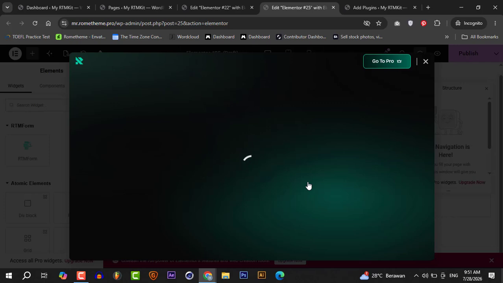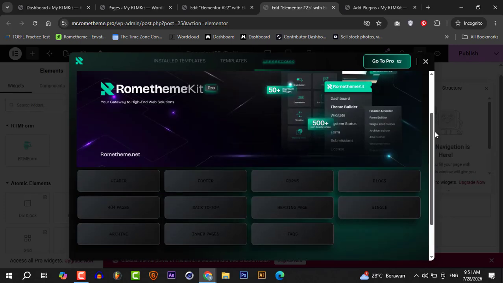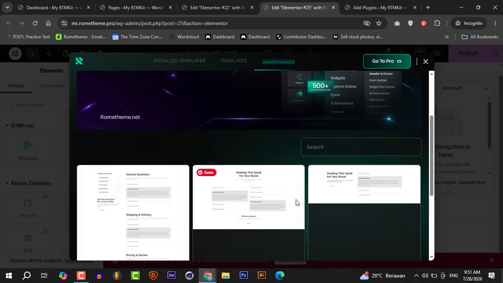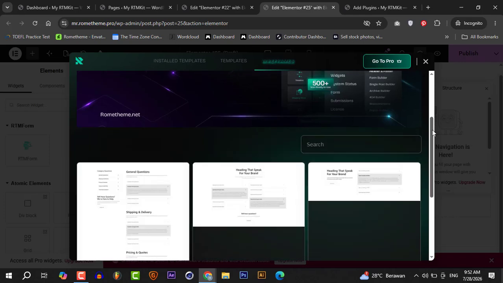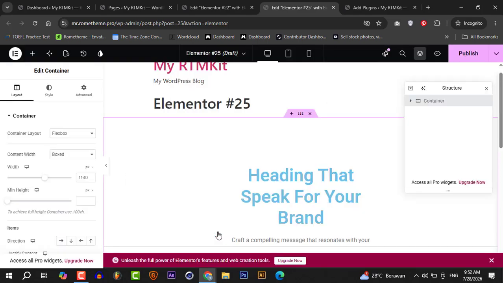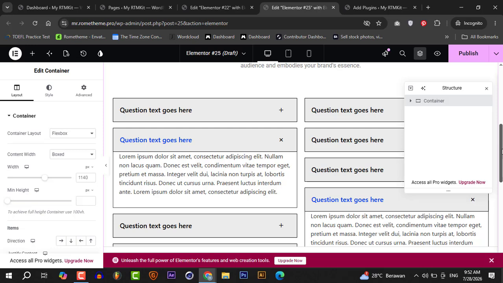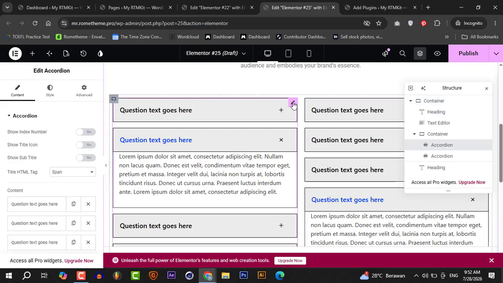Go again, RTMKit, wireframe, and frequently asked, and you can choose the second one or the first one. Importing. Here's the second one. You can edit it. This one,